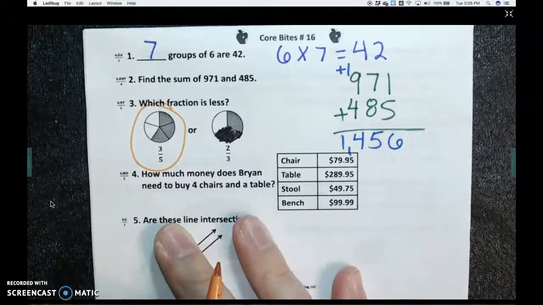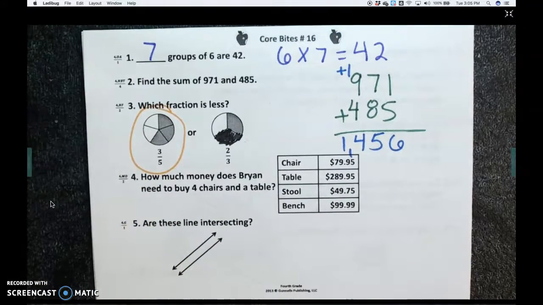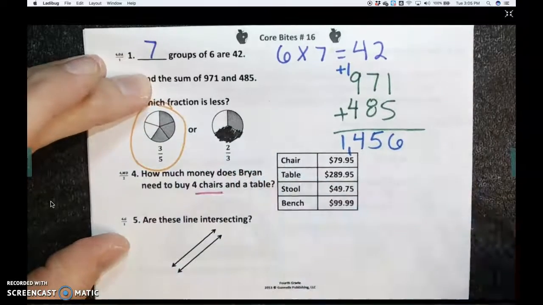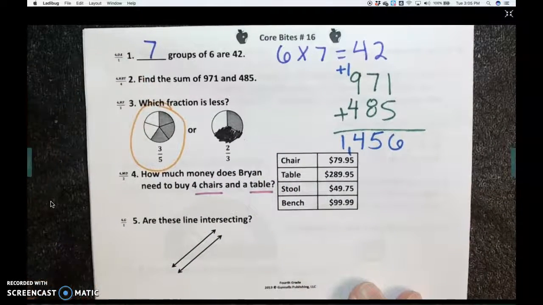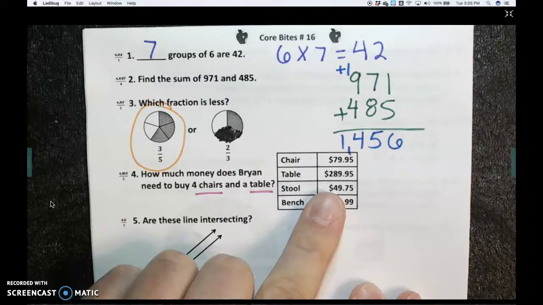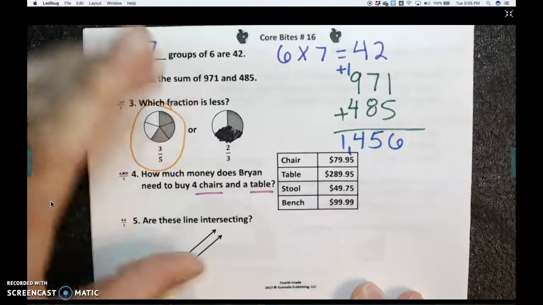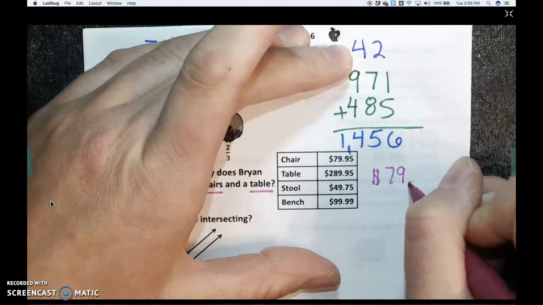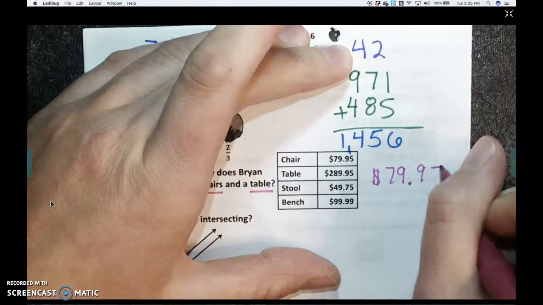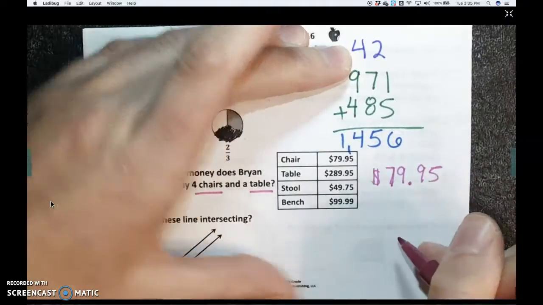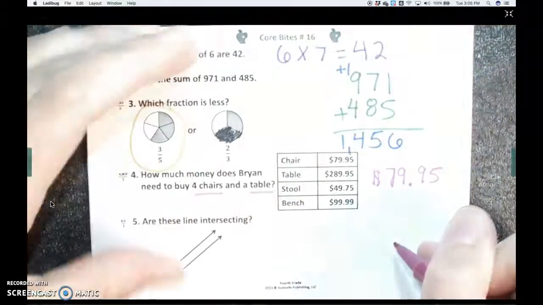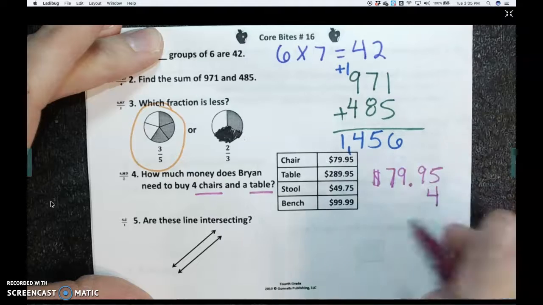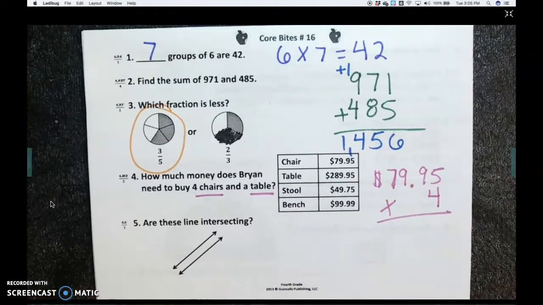Okay. Number 4 says, how much money does Brian need to buy 4 chairs and 1 table? Okay, so you're going to have to do some multiplying here. So he wants 4 chairs, 1 table. Okay, so the chairs are $79.95. He wants 4 of them. Okay, so if you line it up, you're going to do $79, make sure you have your decimal, and 95 cents. And then you're going to multiply that times 4 chairs. He wants 4 of them. Okay, so if we multiply that out,